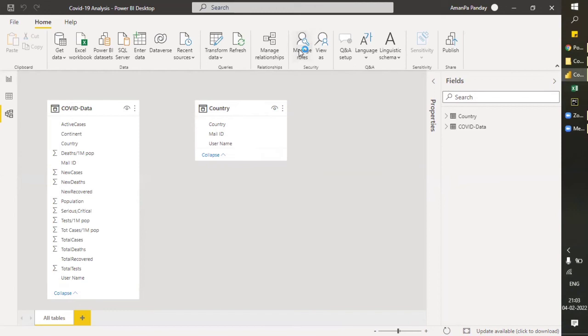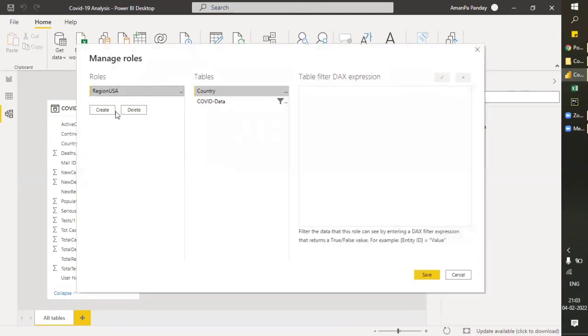So now let's manage roles, and in manage roles, same as before, let's create, click on new, and create a dynamic role. Let's name it username DAX, since in DAX we're using it. Okay, and then come to the Power Desktop,